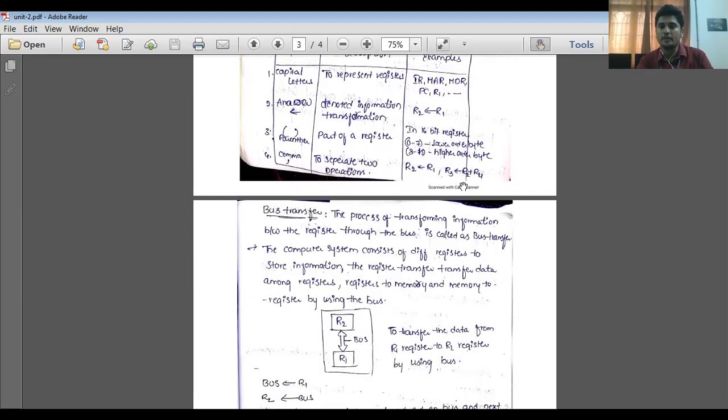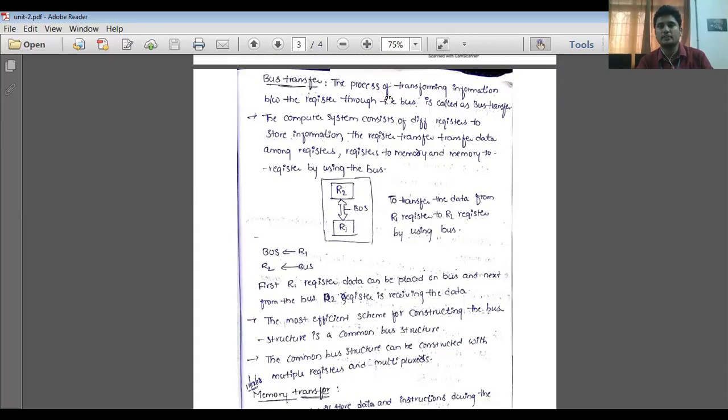So here there are two operations. What are the two operations? R1 data is transferred to R2, and R2's data is added with R4, and the result moves to R3. So here two operations are running at a time. First, R1 data is transferred to R2. Thereafter, the comma separates the operations. The next operation is R2's data addition with R4, and the result moves to R3.